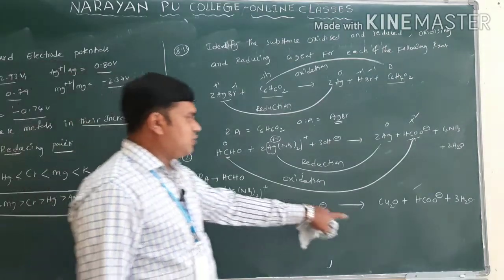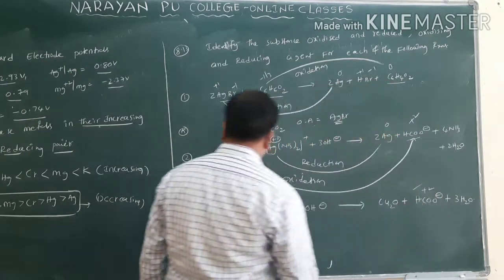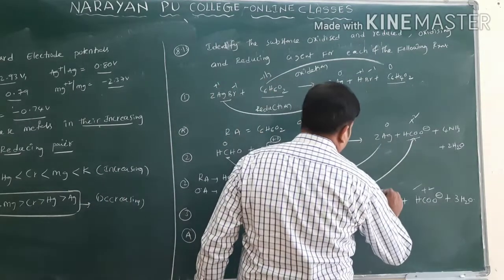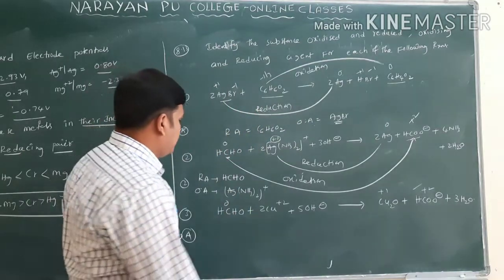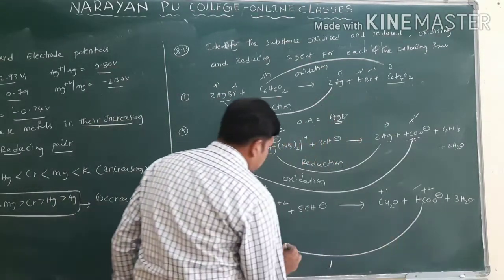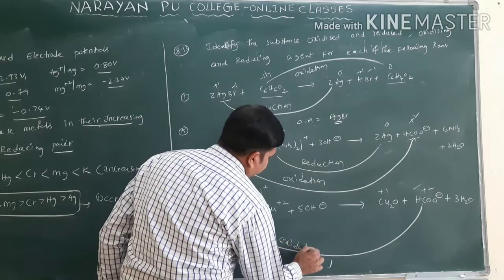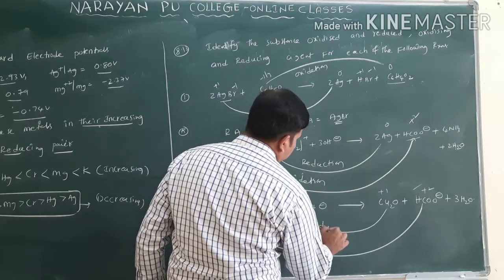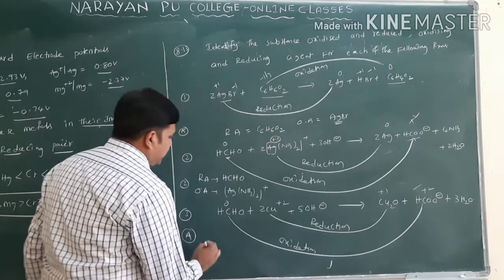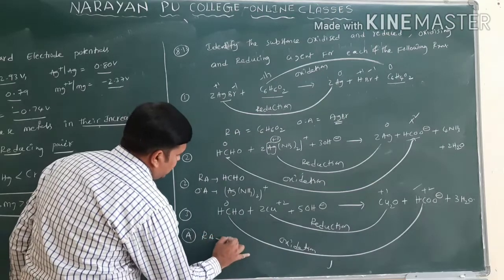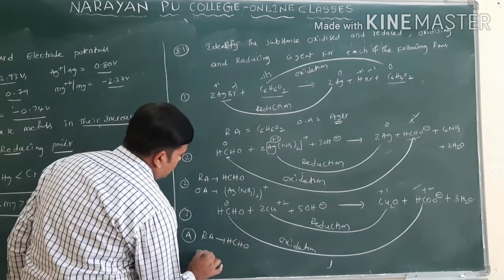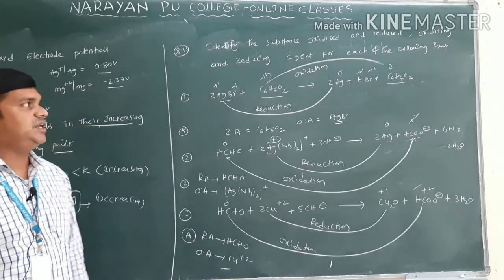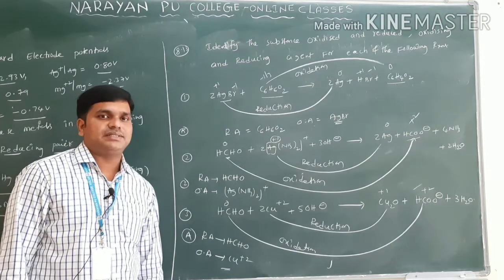Come to the third one answer we have. Here formaldehyde is there, here formate ion is there, here 0 and plus 2 you will write, here copper plus 2, and here copper you will write how much? Plus 1 oxidation state only. So here carbon 0 to plus 2, increasing oxidation. Here copper plus 2 to Cu2O, this is decreasing oxidation number, what are you calling? Reduction only. So what is a reducing agent here? HCHO. Oxidizing agent is what here? Cu plus 2 only. So in this way you can identify oxidizing and reducing agents.